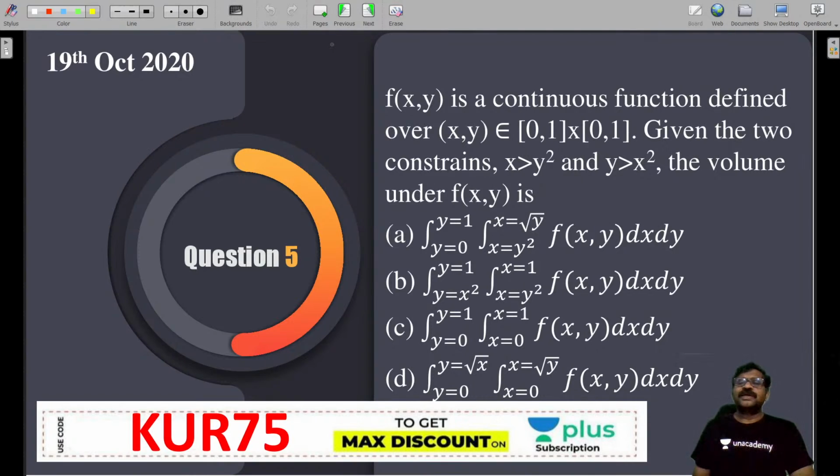Now, f is a continuous function over the interval (x,y) belonging to [0,1] cross [0,1]. They have given two constraints: x greater than y square, y greater than x square. Then the value of the double integral of f of x y is